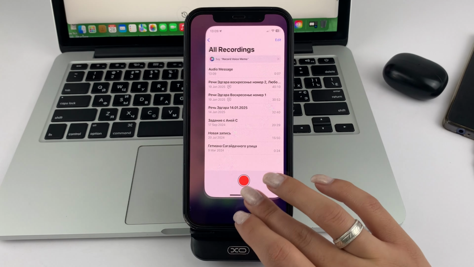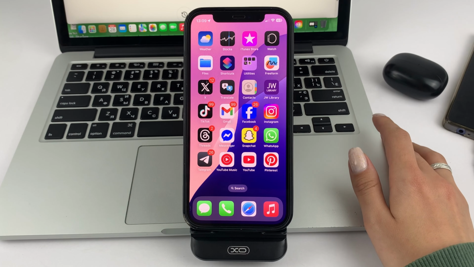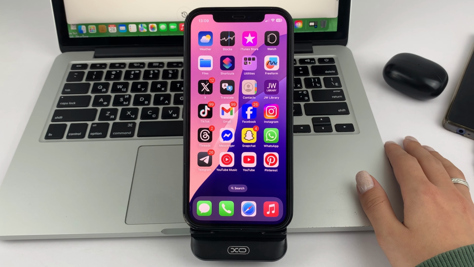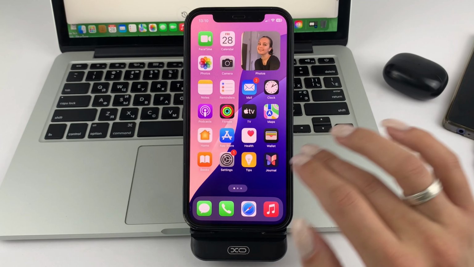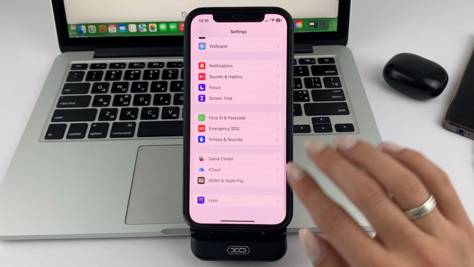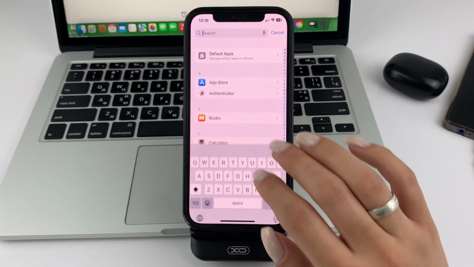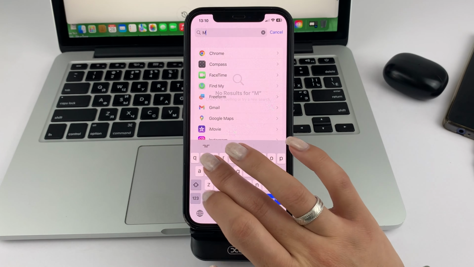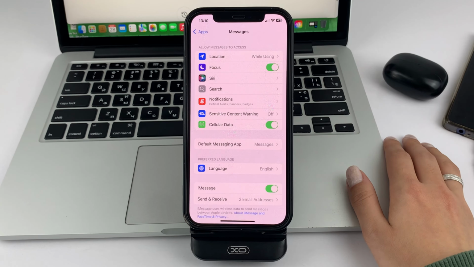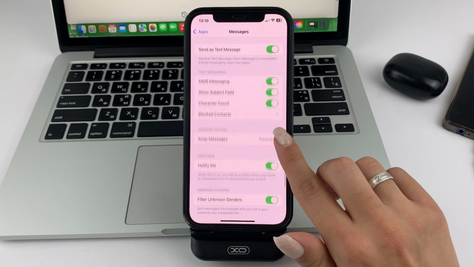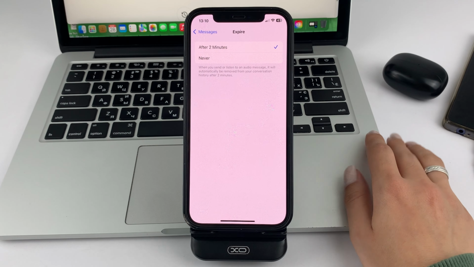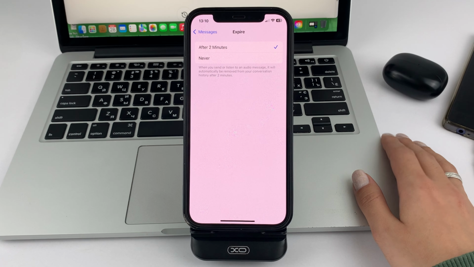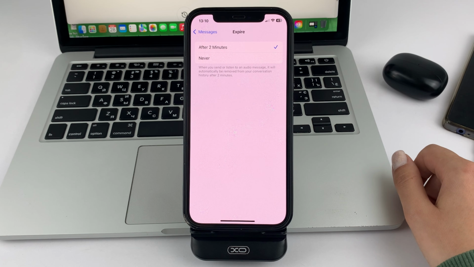If, friends, let's say you're trying to save some audio message and you can't do it, chances are that the audio message has simply expired, so to speak. To fix this for the future, you can go to Settings, then scroll down, click on the app. Now please find the message app. Go to this app, swipe down, and this is where you will need to find the expiration date, so to speak, of the messages. Either 2 minutes you have it, or you can choose 1 year if you have this option available.